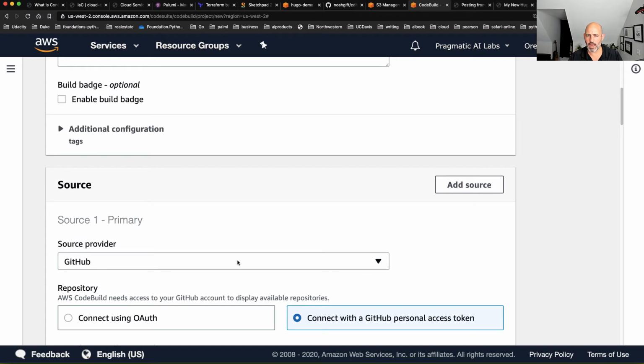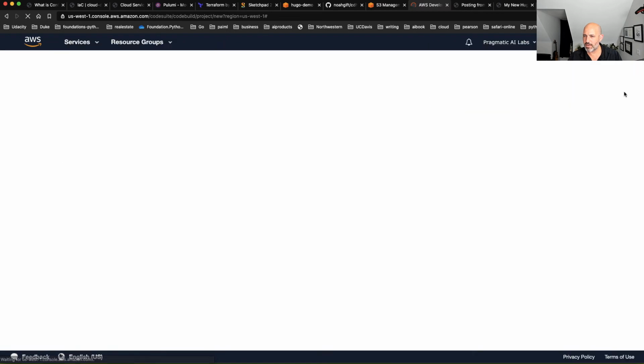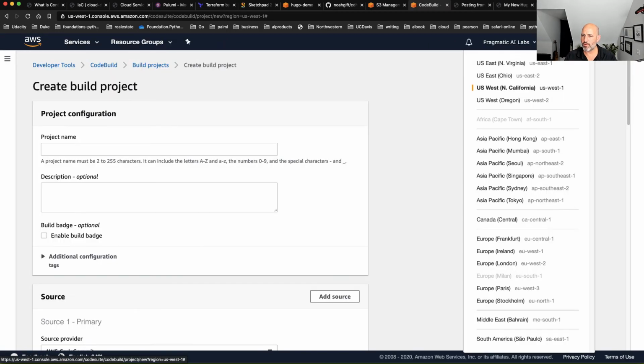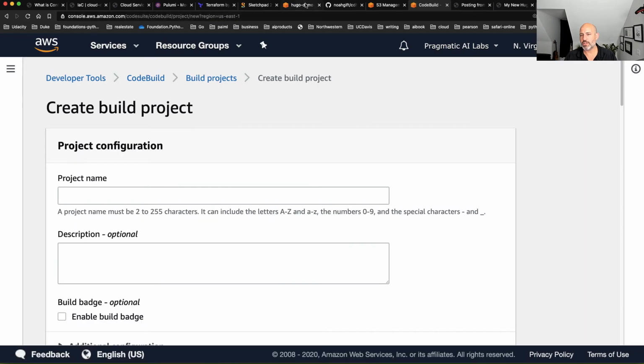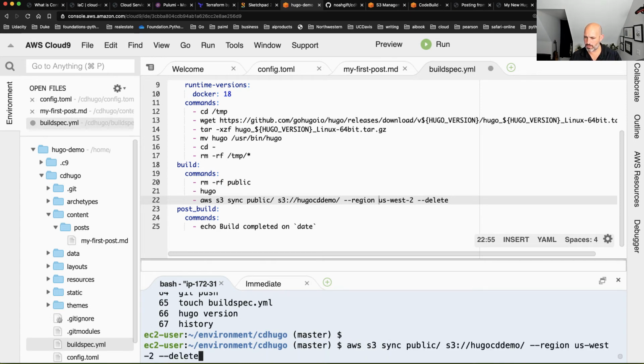Well, I'm gonna go back then to this other one and just cross my fingers here that it will work with Virginia. And actually, you know what I can do? Why don't I just test that I can deploy the code to the other region here, and just say that I want to deploy to the east and see if that works. Here we go. And let's just do this.